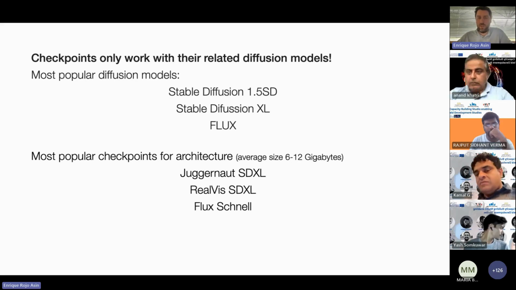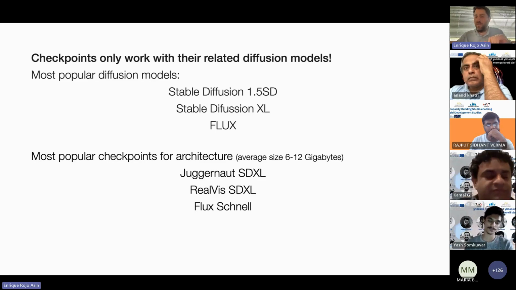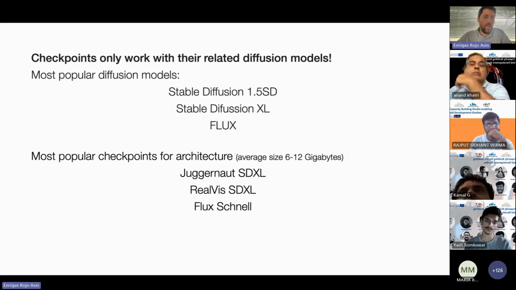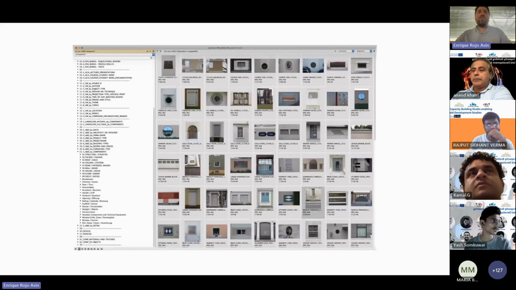But it's important that you know that checkpoints only work when you use the original model. If you use, for example, RealVis SDXL with Flux, it won't work. And that's important, okay?